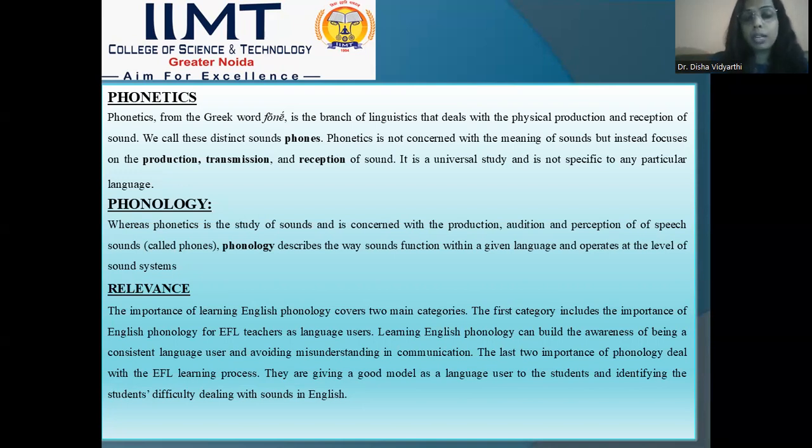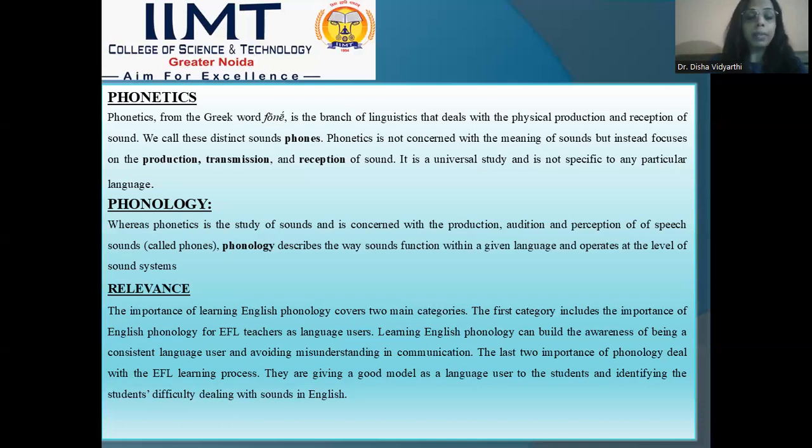I'll ask my learners and students to try to understand why it is phonology; it has been taken from the word phone. In a very layman manner, if you want to connect with a phone, how you use a phone, why it is called phone, because you hear someone, you listen to someone, and when we talk about hearing and listening, we talk about sounds. In the same way, how the language is articulated, how those particular sounds are articulated and how they are perceived, that study comes under phonetics. So phonetics is not concerned with the meaning of sound, but instead their production, transmission and reception.